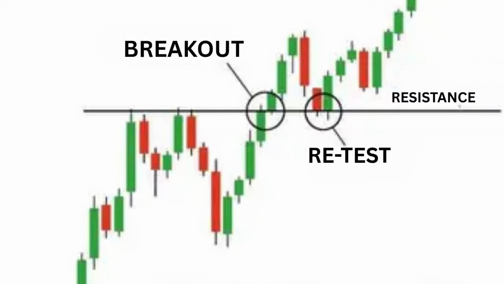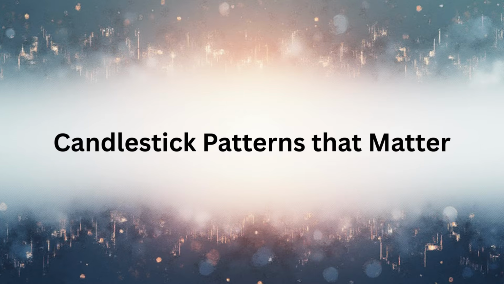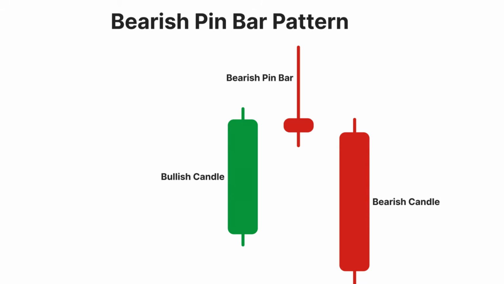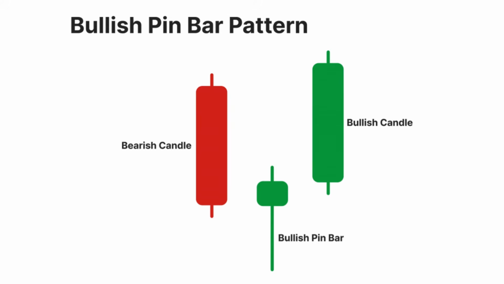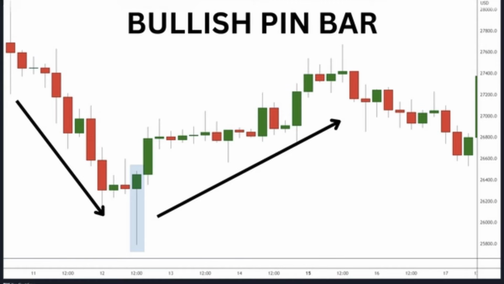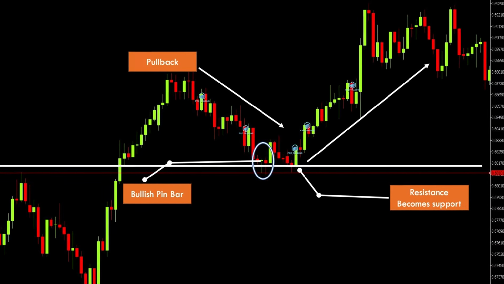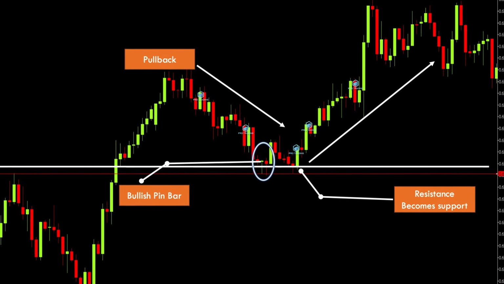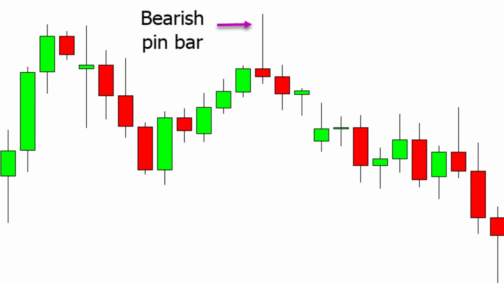Now, let's talk about candlestick patterns, the language of price action. Focus on strong reversal signals like the pin bar, which shows the rejection part. Here, it's showing a bearish pin bar, strong rejection from sellers and buyers. There are two types of pin bars, bullish and bearish. In detail, I'll explain in coming videos. Next, these are some examples of how bullish and bearish pin bars appear, and how we should handle the trading.